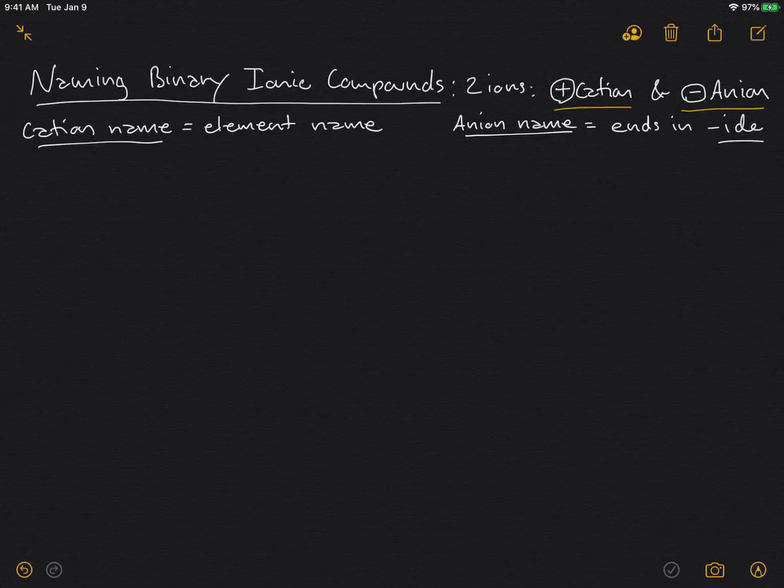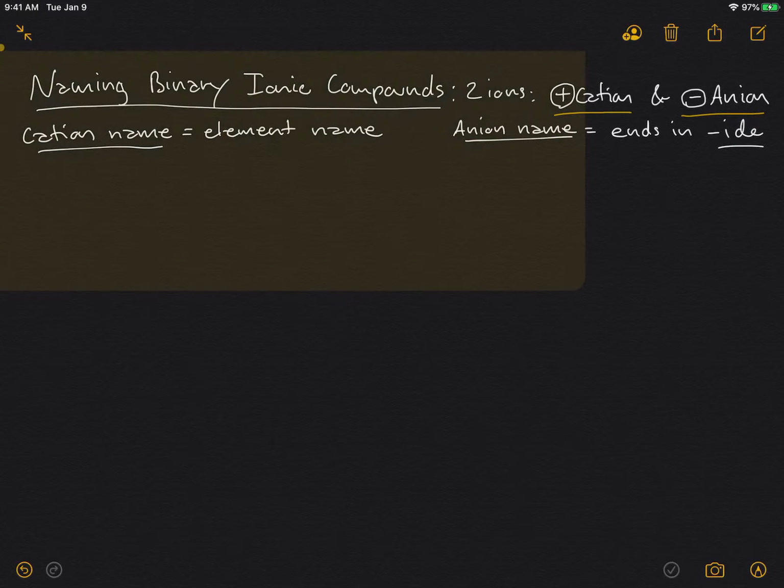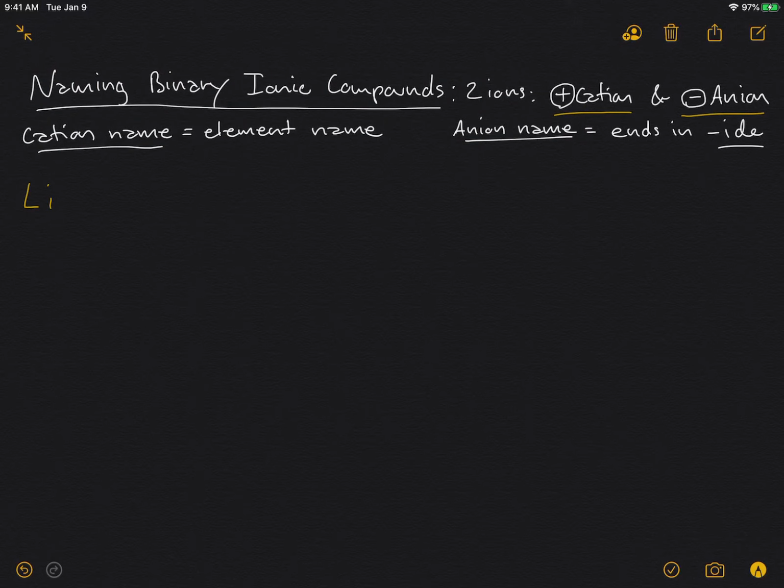And when we name these compounds, the cation name is always just the name of the element. So the positively charged ion has the same name as the atom name for that element. And then the anion name always is a shortened version of the atom name, and we put the IDE ending on it. So for example, if we have a compound formed between lithium